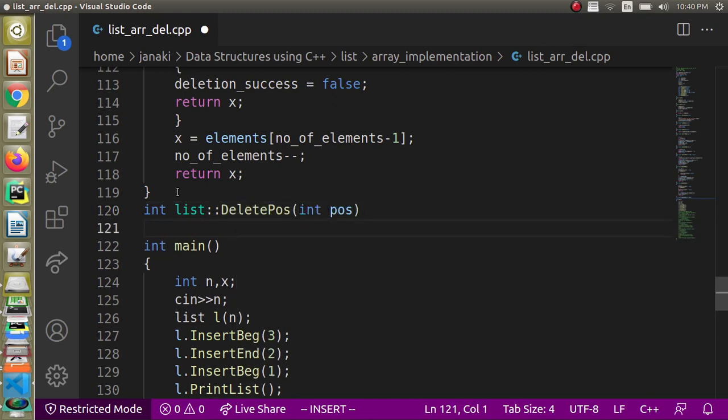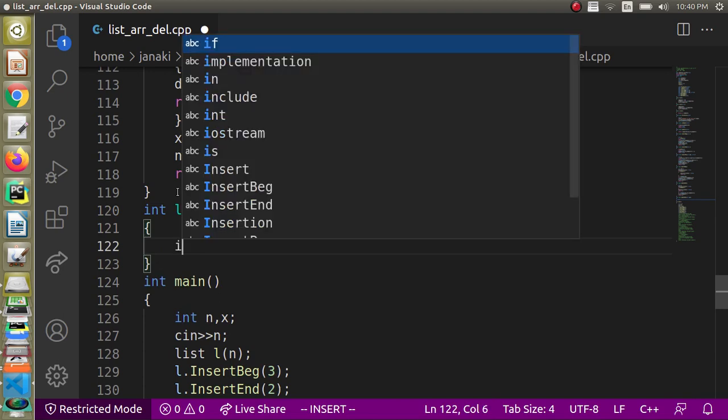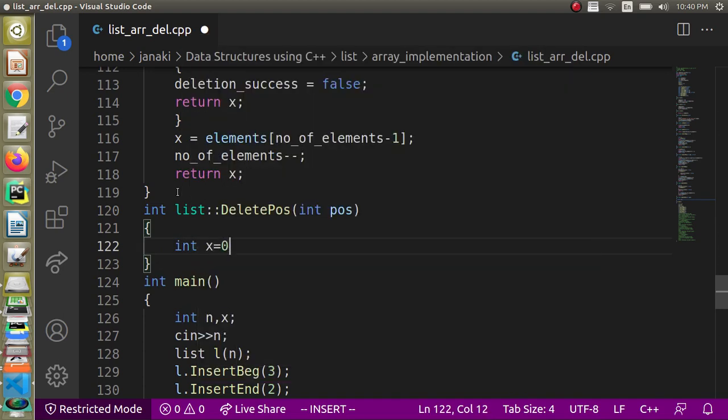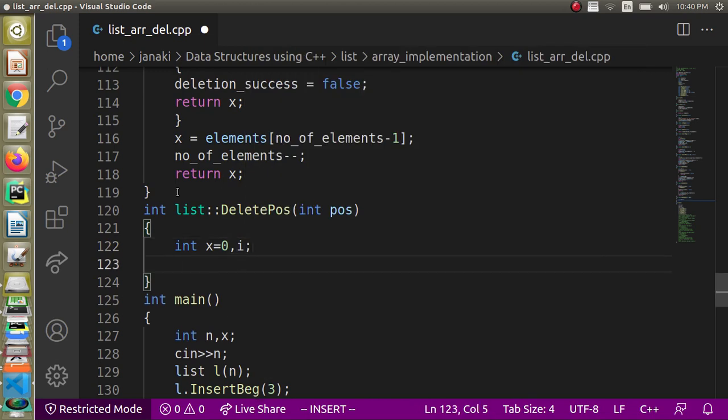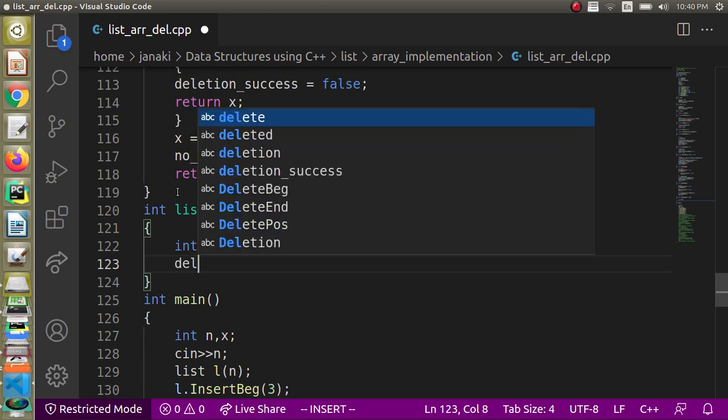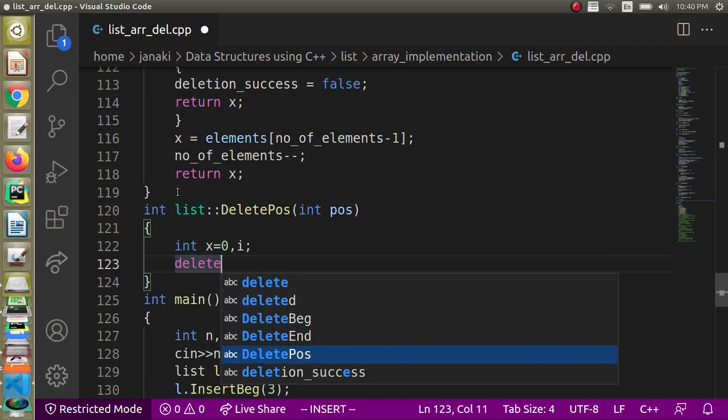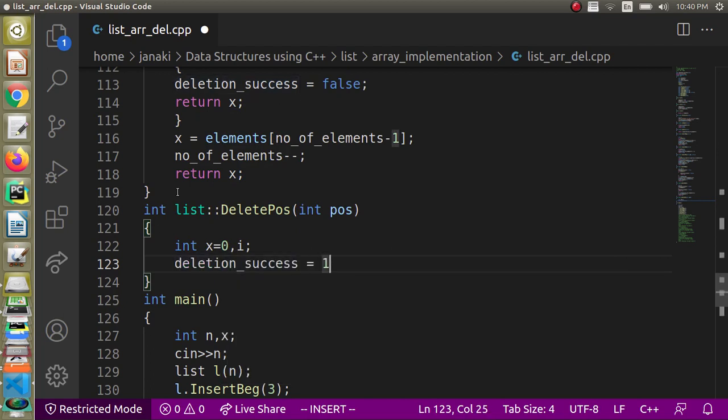And what does the algorithm tell? Before we start, let us just declare the required variables. The algorithm tells that if the list is empty, we have to return false, and the position also we have to check. But before that, we have to make the deletion success equal to true. Because when these functions are used, someone else, like an application, is going to use them, and we do not know in which order they will be called.